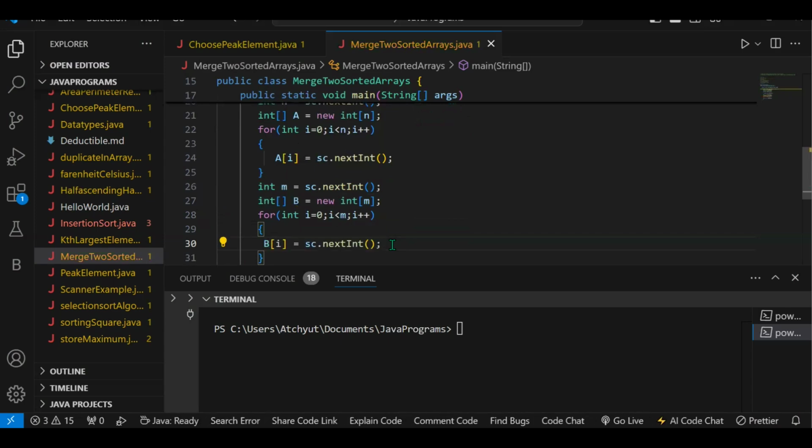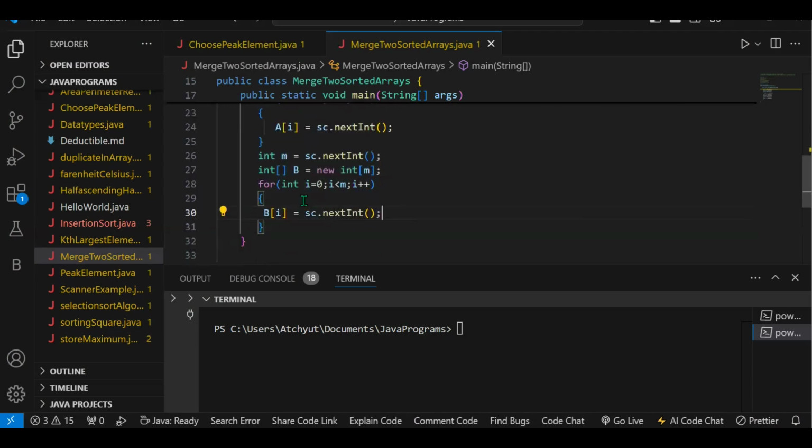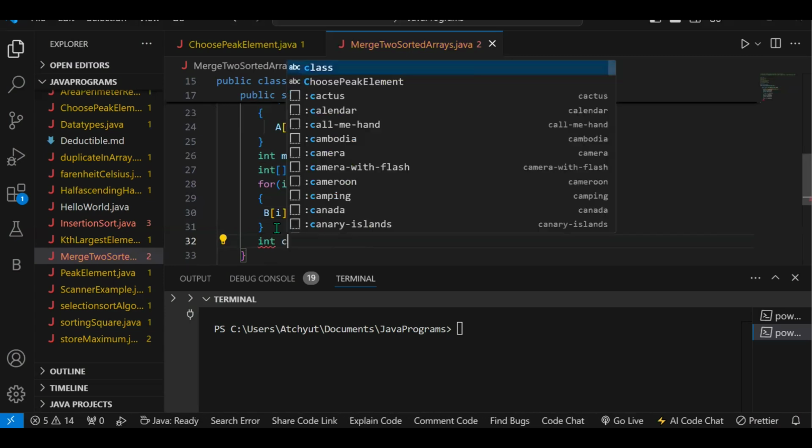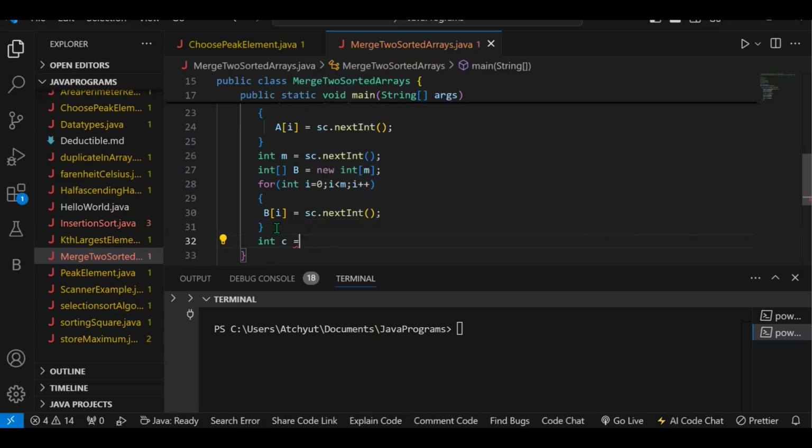Whatever I'm doing to the A array, the same thing I have to do to the B array. After that, I have to take the C array,